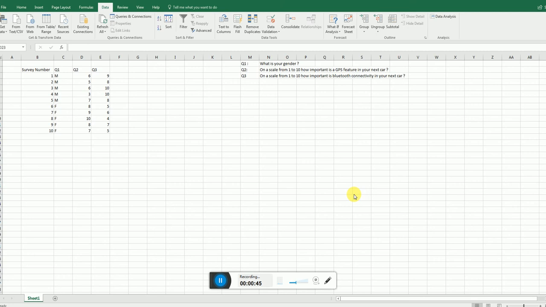So in my example here, I'm assuming that I sent out a short survey of 3 questions to 10 different people. Of course, in your case, you want to include at least 50 data points, so at least 50 surveys, but this is just an example to show you how it's done. And the questions that you're going to include in your survey are of course related to the variables you identified in milestone 2 that relate to your research question, whether you're looking at branding or features to include in the new vehicle, or